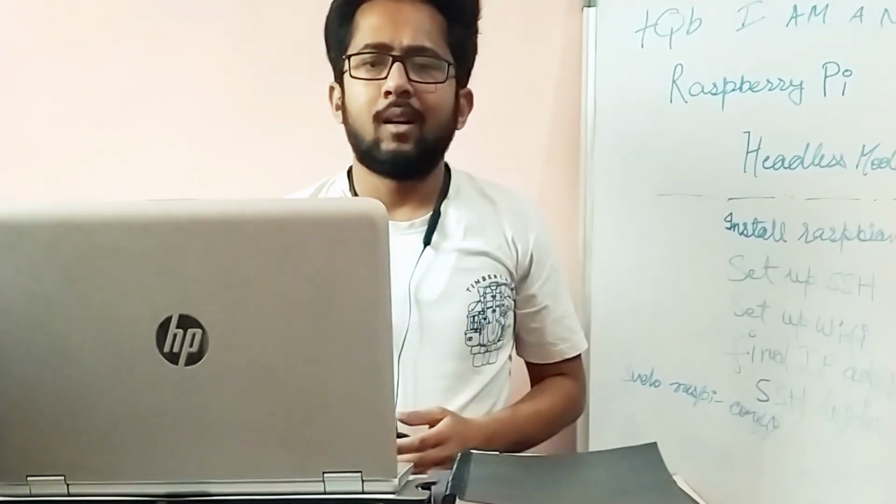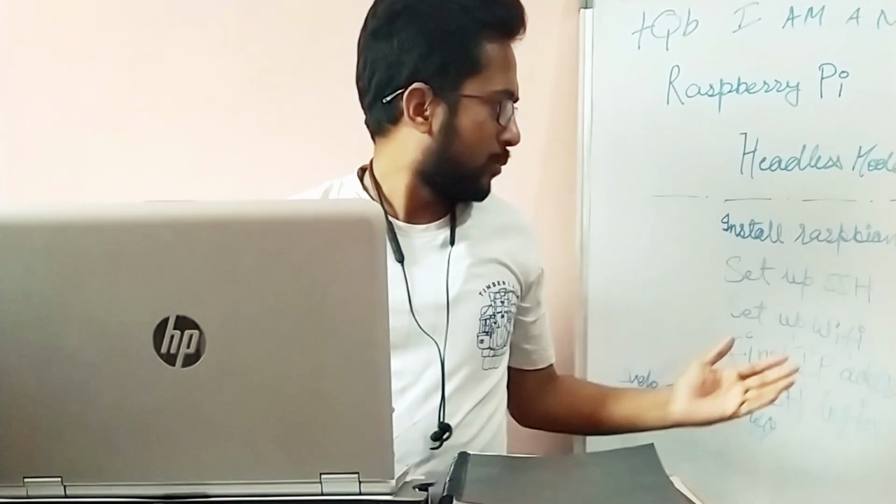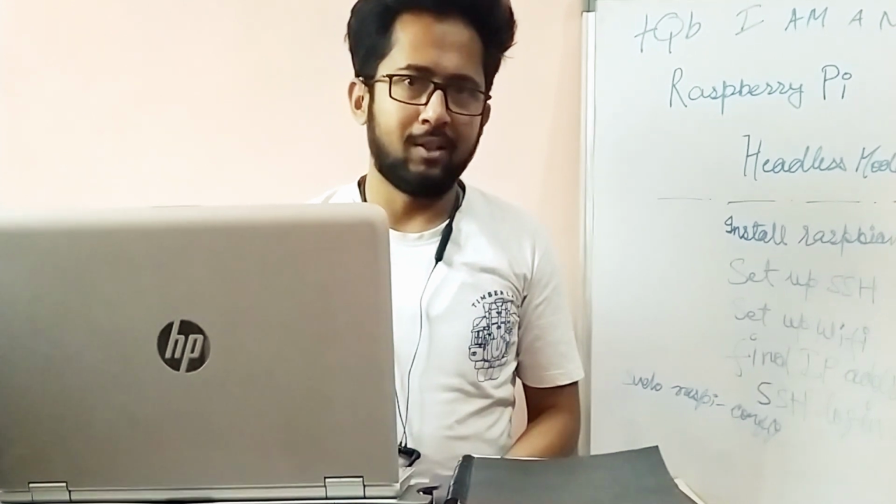After finding the IP address, you simply have to open up PuTTY, put in your IP address, and you are logged into the CLI of your Raspberry Pi. And our Raspberry Pi की दुनिया आपकी मुट्ठी में हो जाती है. You simply get access to the Raspberry Pi